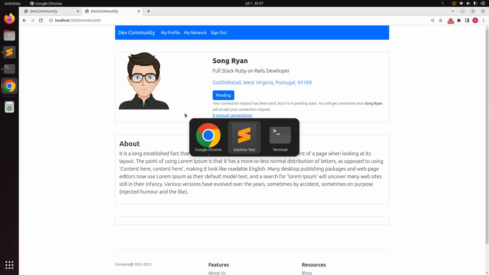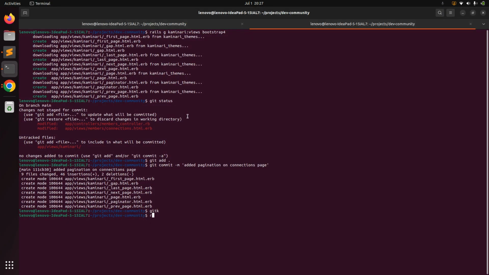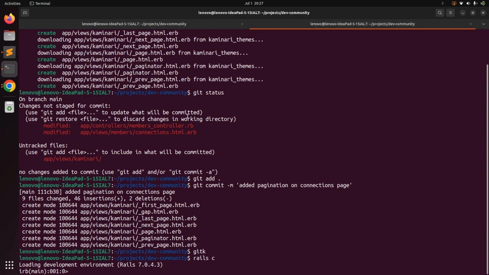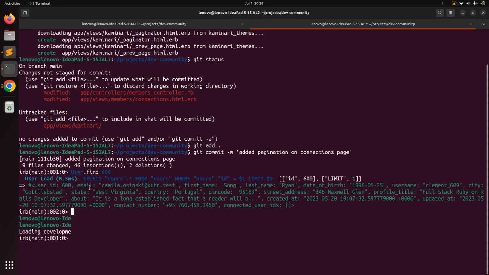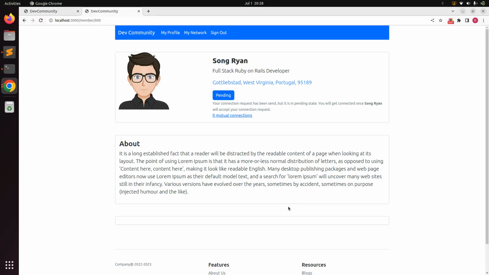So go to the terminal, open the Rails console, and then you just need to perform User.find with ID 600. When you run this query, you will see the email of the user with ID 600. Now just copy this email, and here you can see that the connected user IDs of this user is blank. Now go to the browser and open the browser in incognito mode again